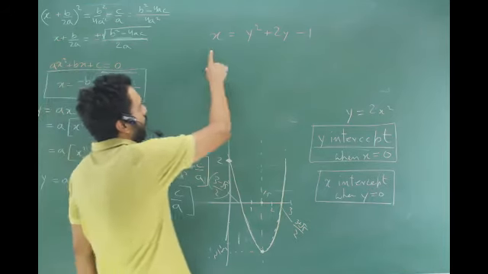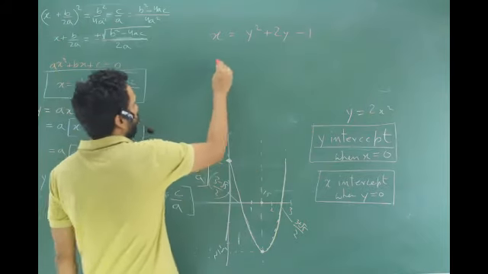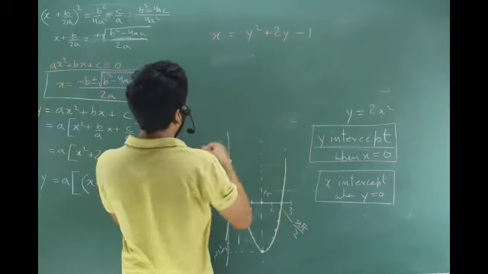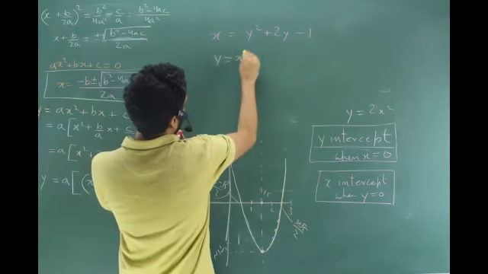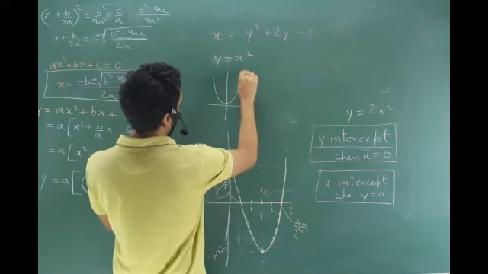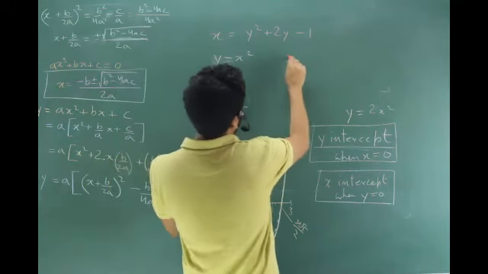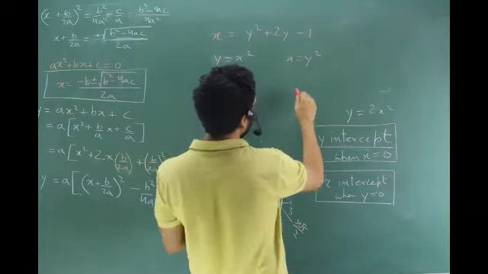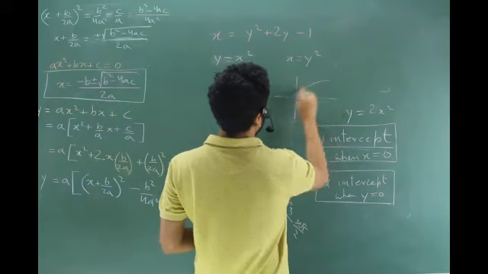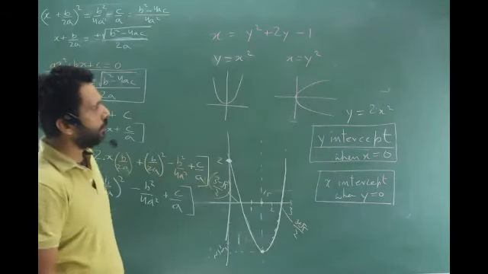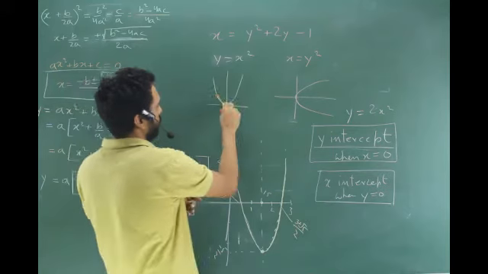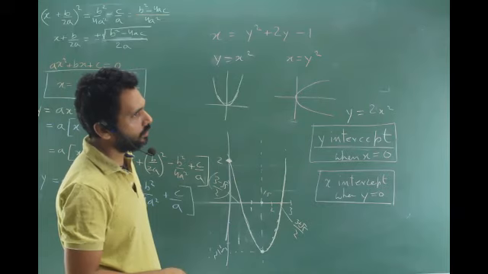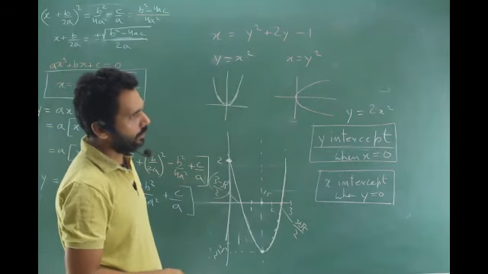So instead of x, we have a y, right? Be drawn on the y-axis rather than the x-axis. If we have y is equal to x square graph, which is like this, x is equal to y square, graph will be like what? So it'll be only on the x-axis. Right? Get the point? Is that clear? Yes, sir.